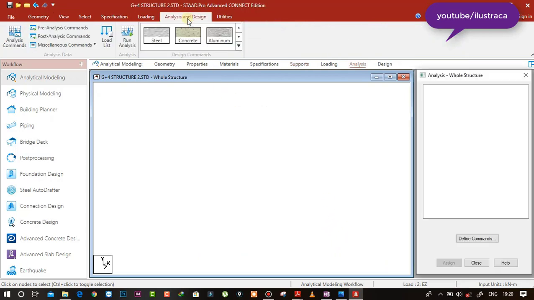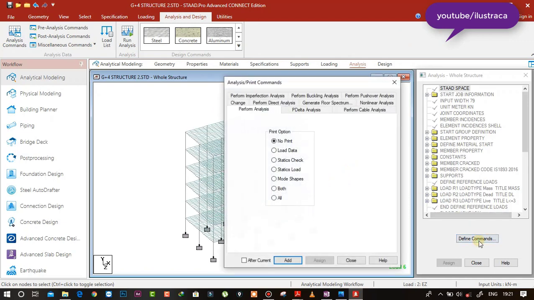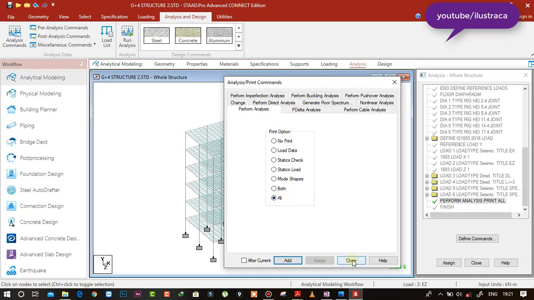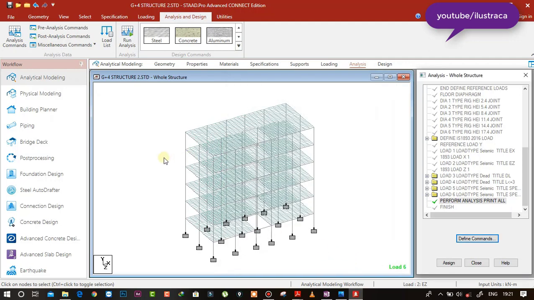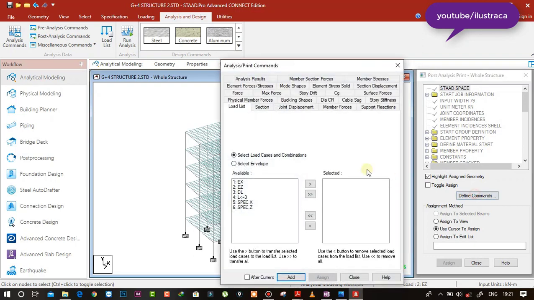Now go to analysis and design, and define commands, and we'll be selecting all the commands we want. Click on add, close, and in the post analysis, let us consider we want the support reactions for all these nodes.